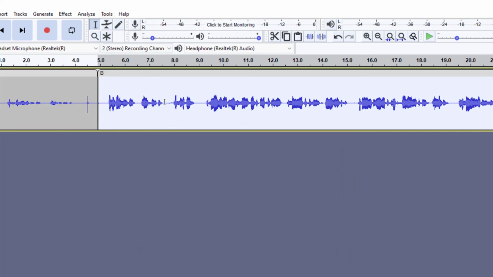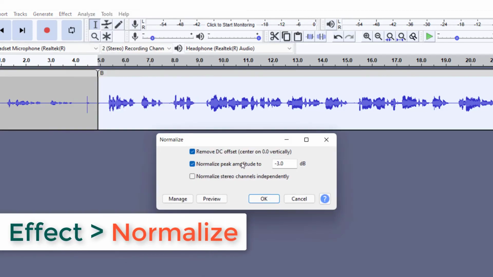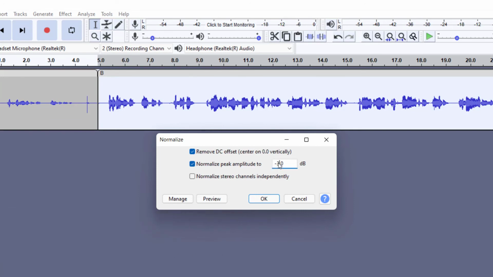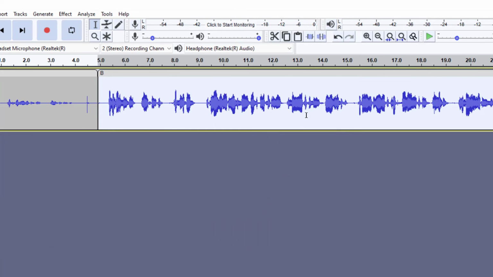The last thing we want to do is normalize this audio, and basically normalization is saying make this audio much more uniform, but keep in mind a particular reference point. While track B is still selected, we'll go to effects, go to normalize, and over here we'll tell it to normalize the signal up to -6. So that is that. So you can see the signal is much more clean and much more nicer now.